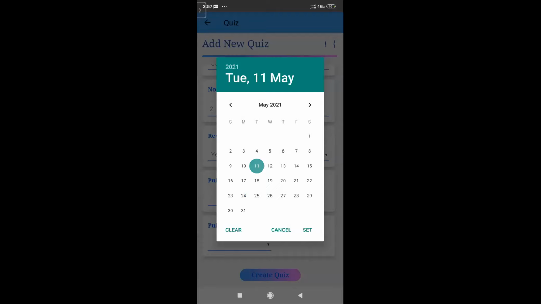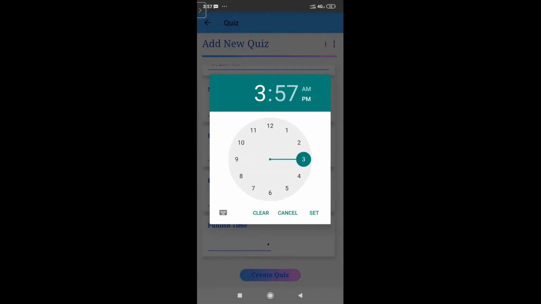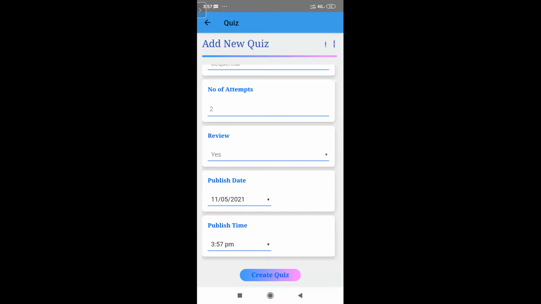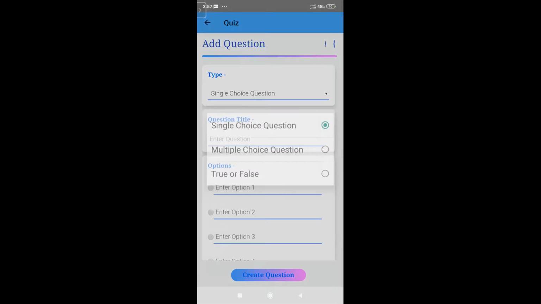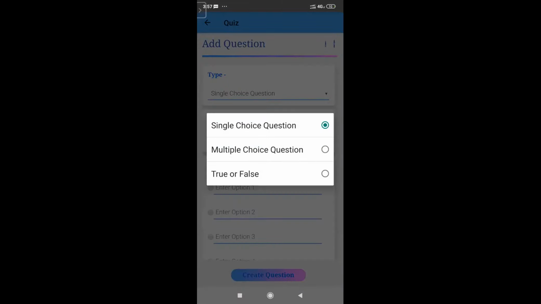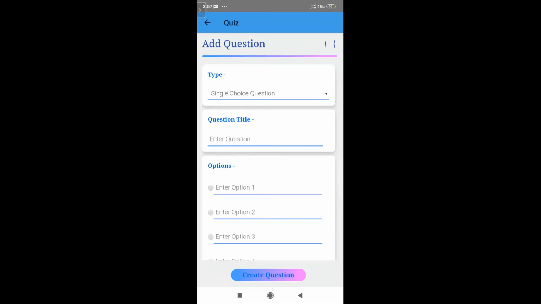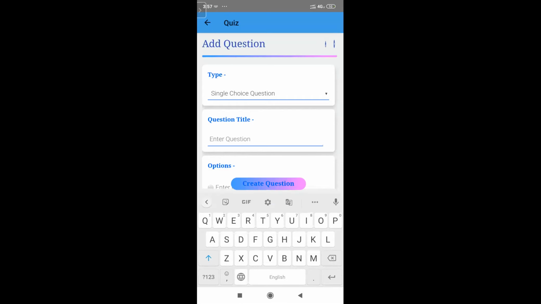I can select today's date only. So now I can start adding my questions. There are 3 types of questions: single choice, multiple choice, or true or false. MCQ is by default the single choice type of question.